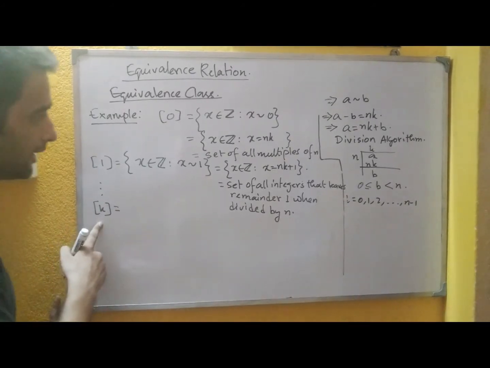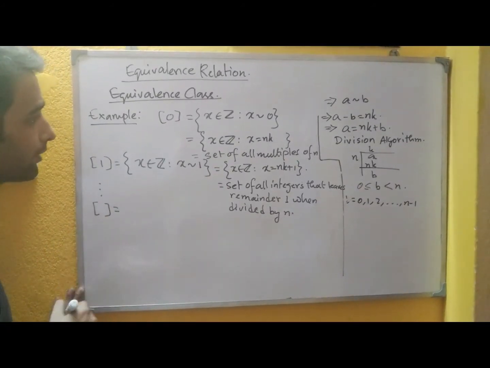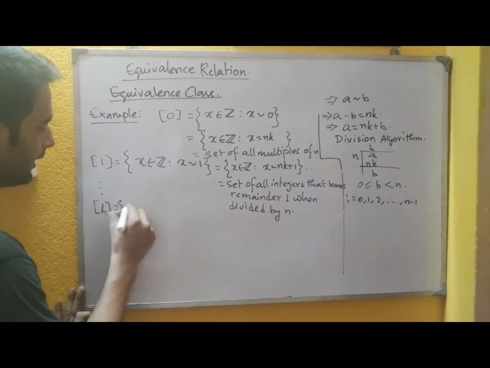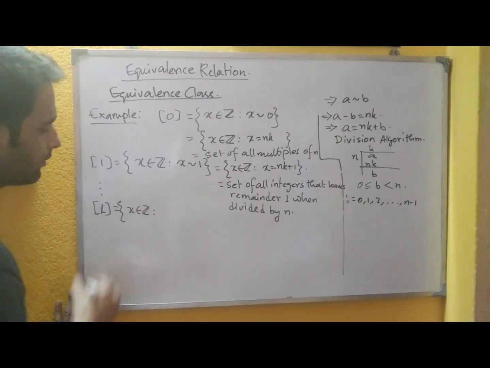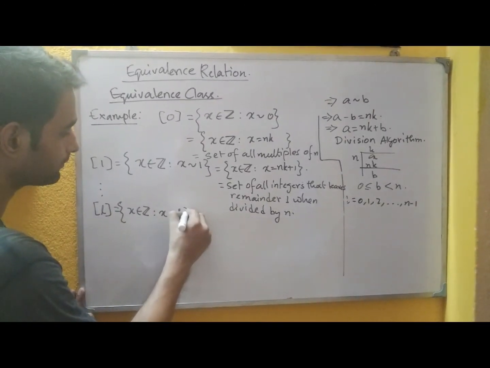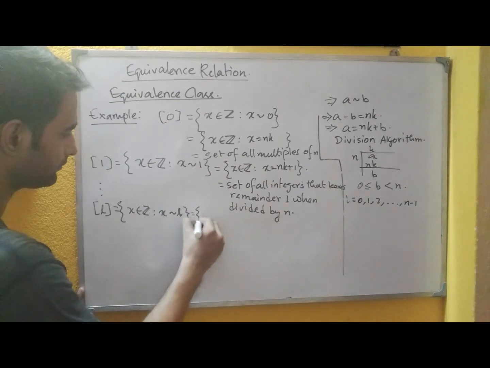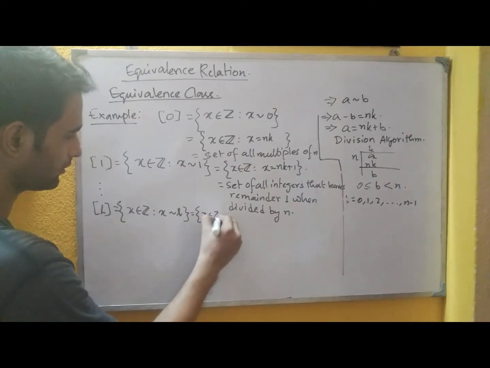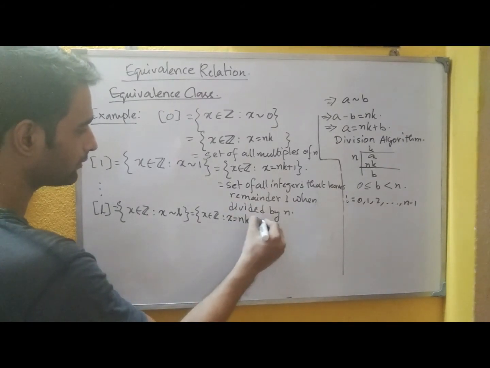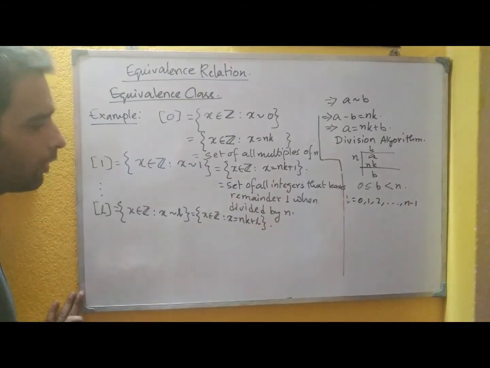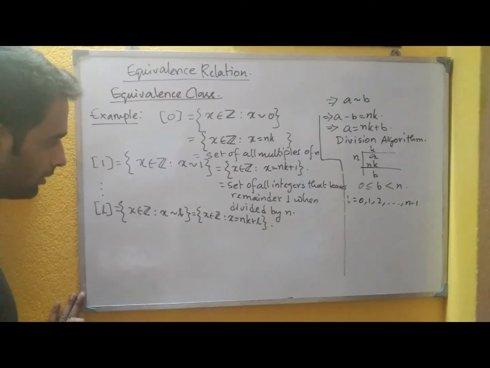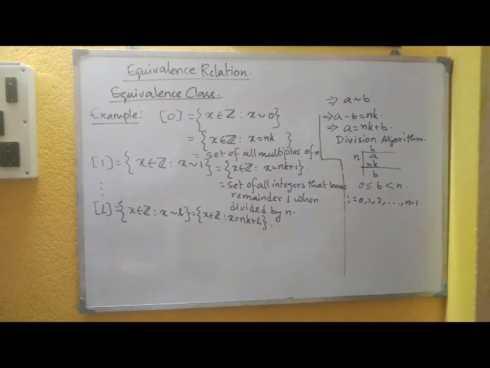So in this way we can find any class. Say we are taking some class K, we have taken K previously. So let us find the class L. This is the collection of all the integers that leaves the remainder L. So the integers will be in this form nk plus L. Obviously L will be lesser than n. So these are the collections.